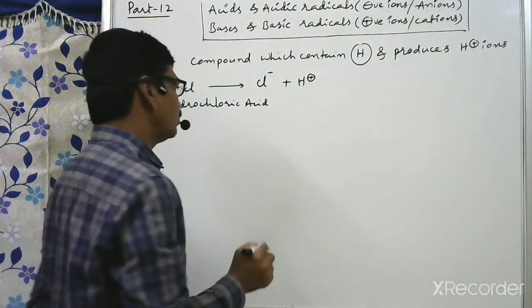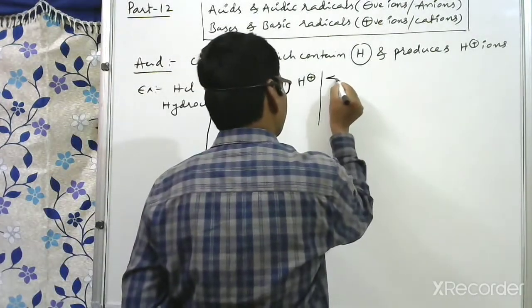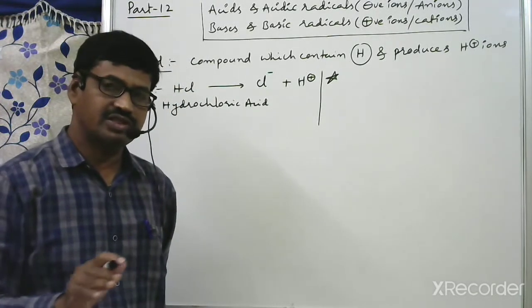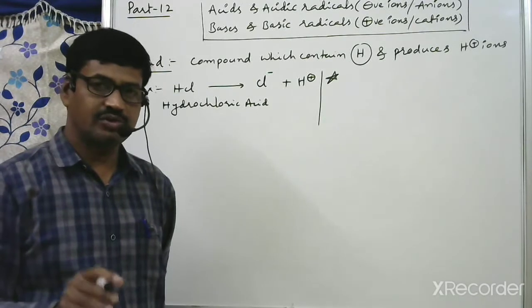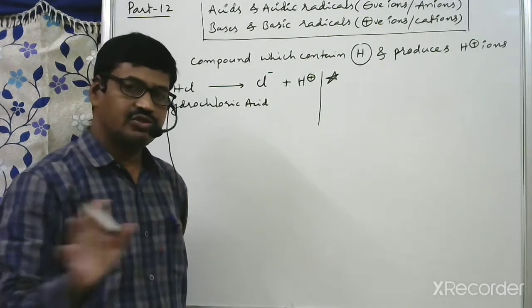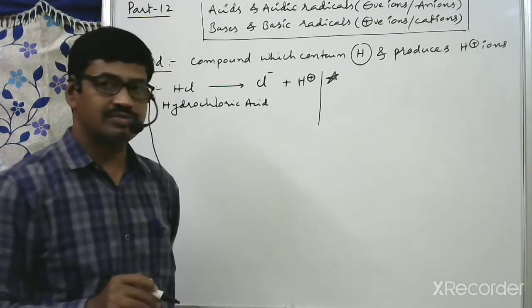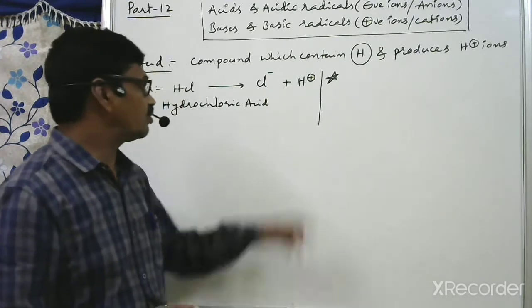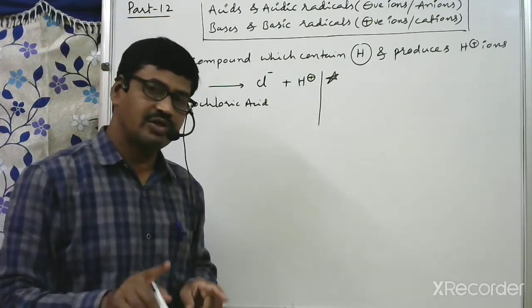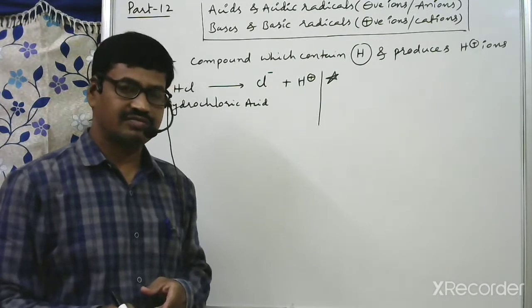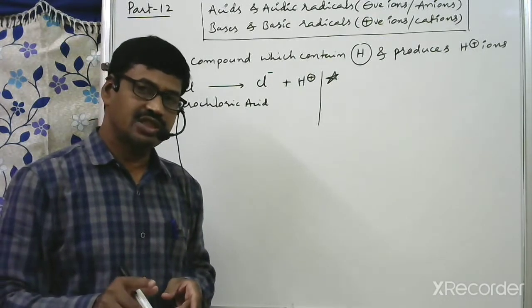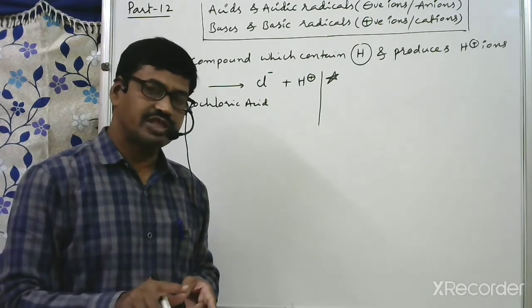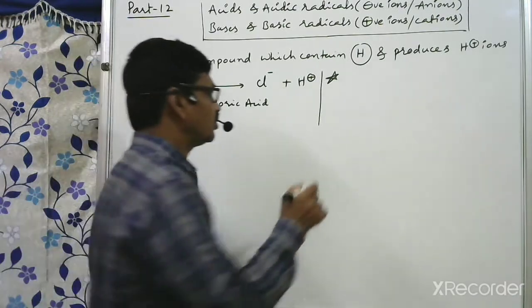So here we should know one thing. Whenever you take any neutral species, neutral species means which does not contain any charge above that particular formula. From a neutral species, if we remove one positive charge in terms of hydrogen, the remaining part carries an opposite charge, means negative charge. Similarly, from a neutral species, if we remove one negative charge, then the remaining part carries an opposite charge, that is positive charge. See here, that you have to remember.